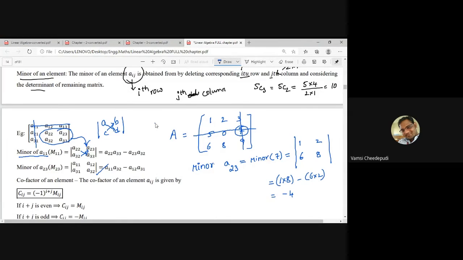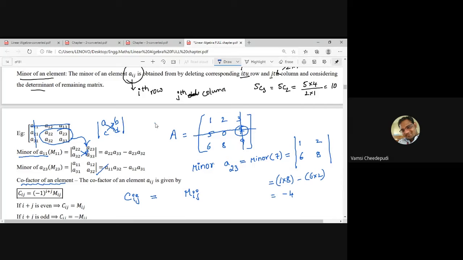Sir, okay, minor. So in your matrix, for every element, if I write the minor, then I will get the minor matrix. ప్రతి ఎలిమెంట్ కి మైనర్ రాస్తే నాకు మైనర్ మ్యాట్రిక్స్ వస్తుంది. ఓకే, that is fine, but what about cofactor? మ్యాట్రిక్స్ కోఫాక్టర్ ఆఫ్ అన్ ఎలిమెంట్. The cofactor of an element Aij is equal to Tij, equal to Mij, that's it.